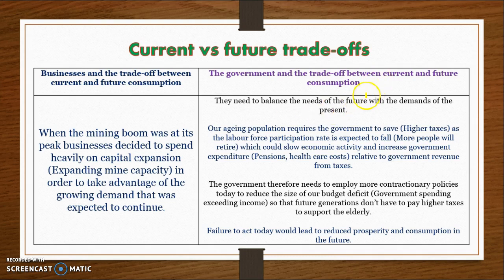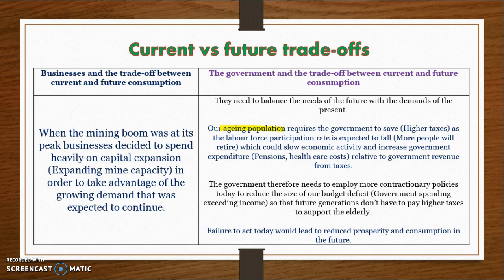Another example between current and future consumption would be the choices we need to make related to our aging population. So the government needs to make a choice whether they're going to sacrifice the future or the current, which basically means because we're going to have to spend so much money on funding our aging population, so there'll be higher pensions and less people working, the government may need to do things like increase taxes today to collect more money to give to the older people in the future, which would come at the expense of current growth and current material living standards.